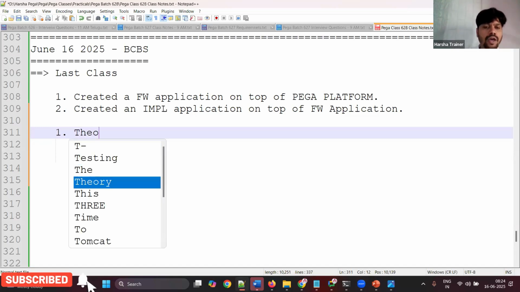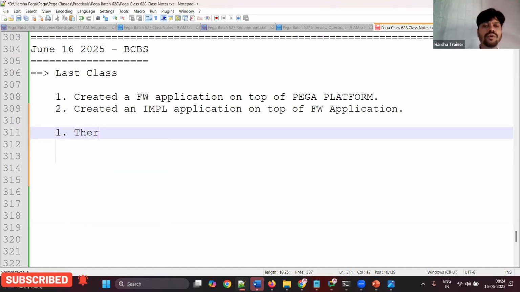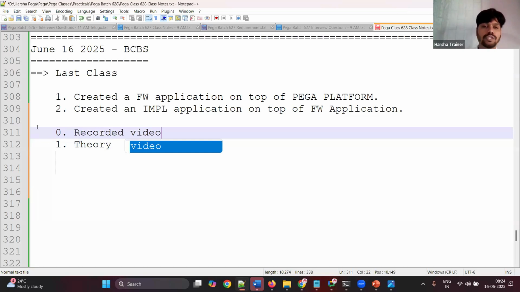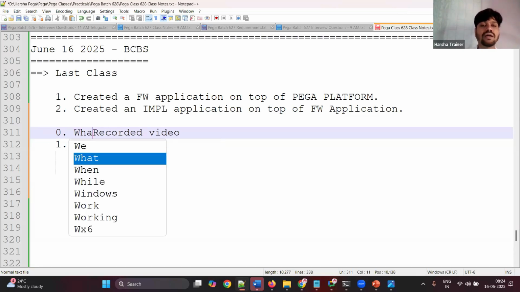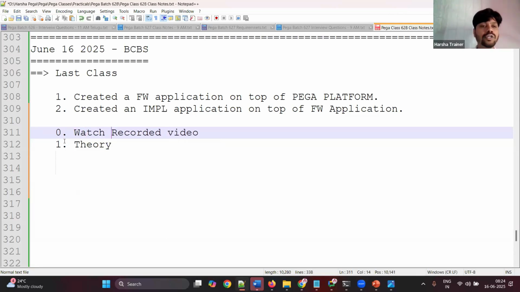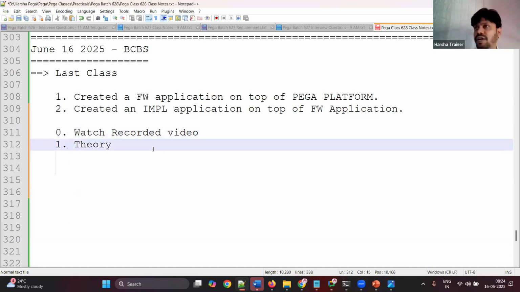In this, the first priority is the theory document. If you are a student who has attended the regular live session, for you the first one is theory. Suppose you are a student who is not attending live but depends on recordings, the first one is the recorded video, which you need to watch. If on a day you miss the class, you need to start from watching the recorded video. If you are a student who is joining but cannot attend the live session and wants to depend on video, for you also step 0 is applicable. If you are attending live every day, no need to watch the video once again,